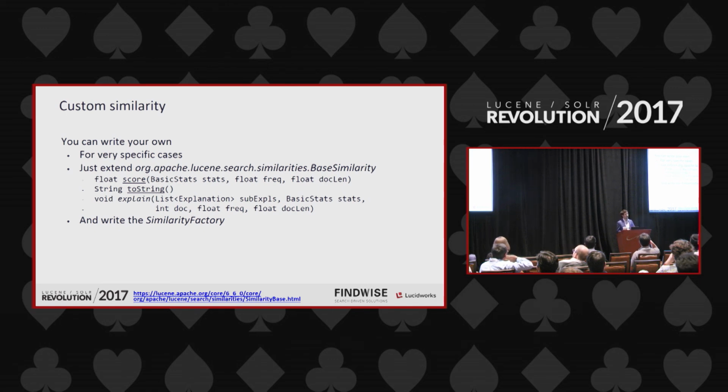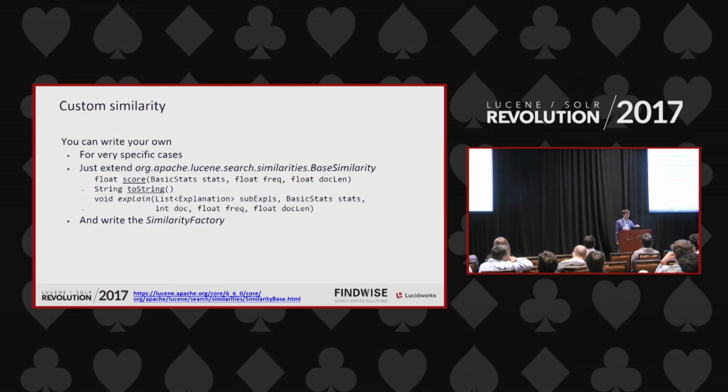And there we will have a couple of parameters that will allow us to retrieve the term frequency, all the parameters that I mentioned before. So it's just a matter of getting those parameters and playing around with them, like all the different similarity functions that are available. You can also extend the ones that are already implemented and try to build upon them. And that's the example of the presentation that we had yesterday. And obviously, write the factory that actually delivers the class contained in it.